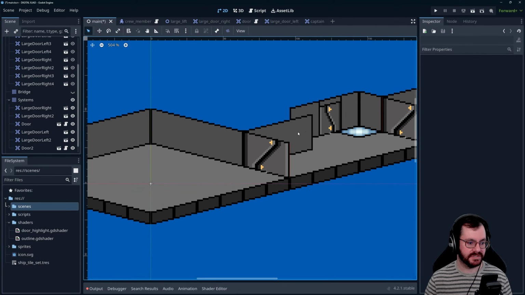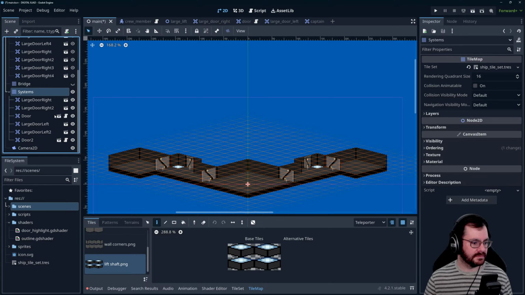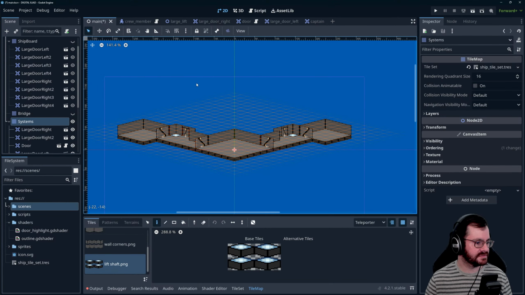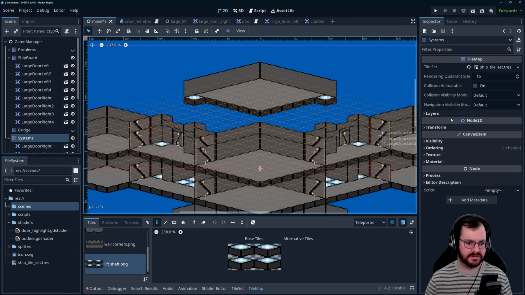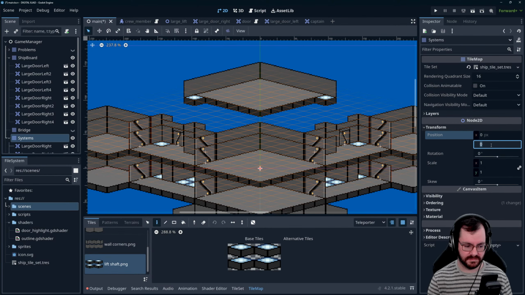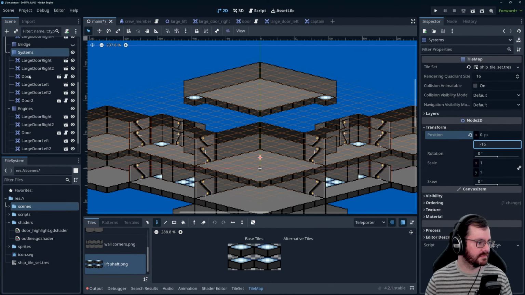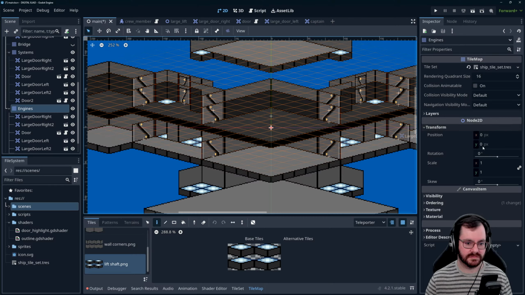We have a room for the vending machine right here. All right, that's the same. We're going to call it engines. And technically all we have to do is the cargo hold level. I guess we should move this up to where it's supposed to be, which is not that far up. There we go. Then engines, we can move down to where that should be, which is